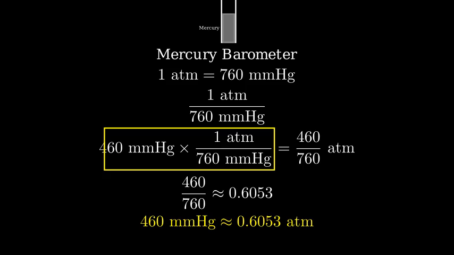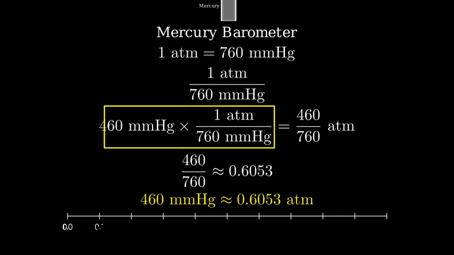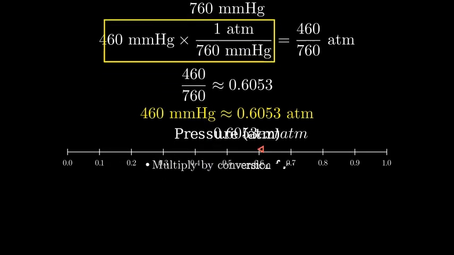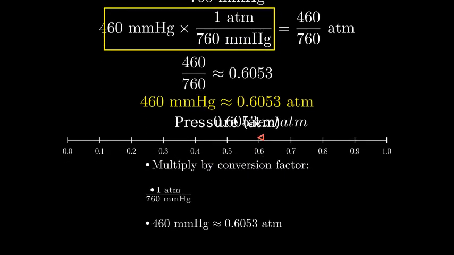Let's visualize this conversion with a pressure scale. Here's a scale from 0 to 1 atmosphere. Our value of 0.6053 atm falls right about here, showing that 460 millimeters of mercury is a bit more than half of standard atmospheric pressure. In summary, to convert from mmHg to atm, we multiply by the conversion factor 1 atm slash 760